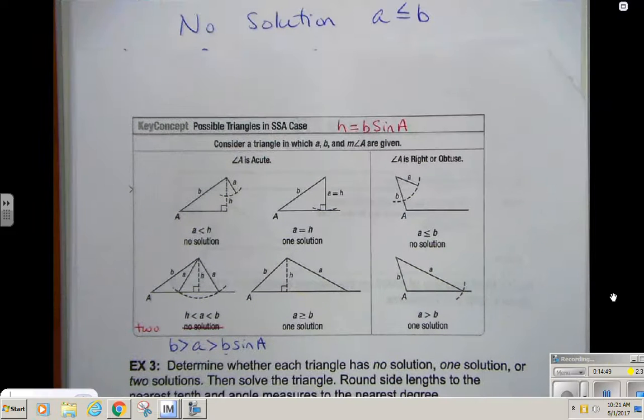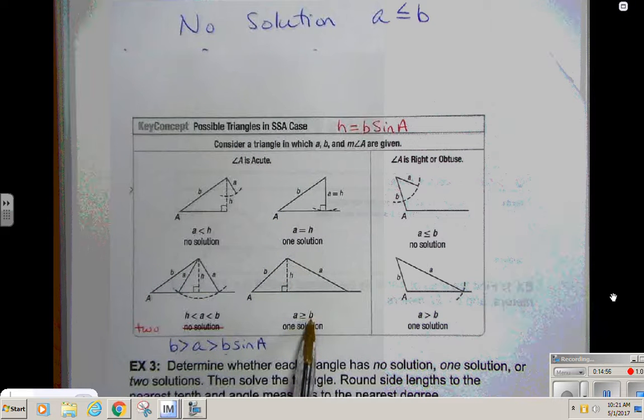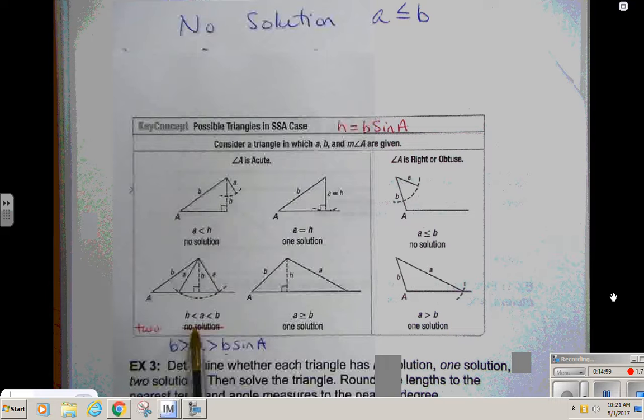Okay, the first thing that you want to look at is it going to be that side A is greater than or equal to side B? Because that's the only one that does not involve the B times sine A